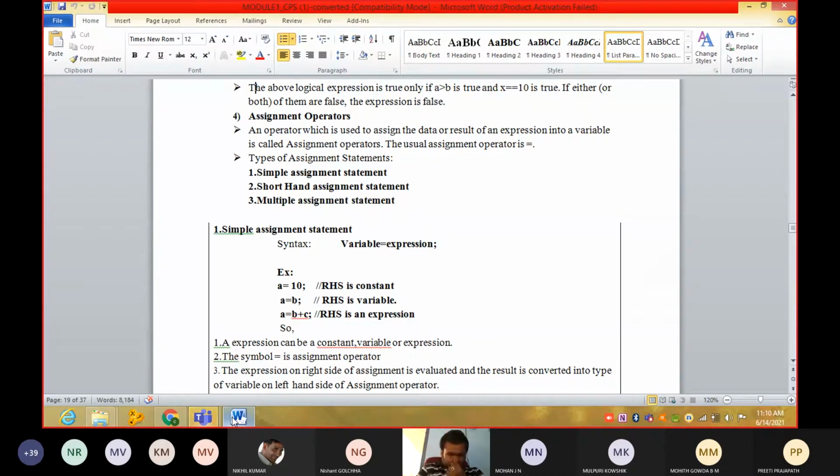Here what we can do is assign the value of one variable to another one, guys. So here int a is equal to 10. I am not assigning b.